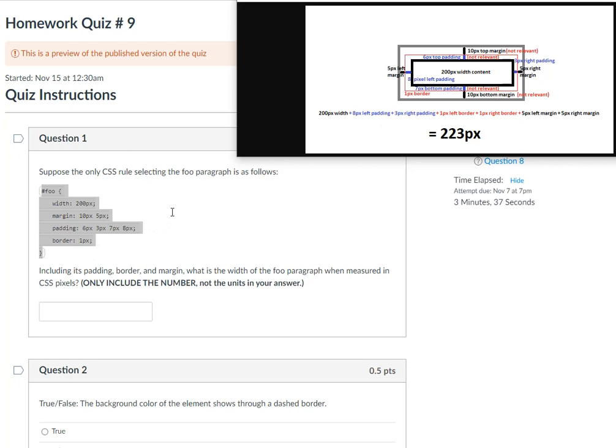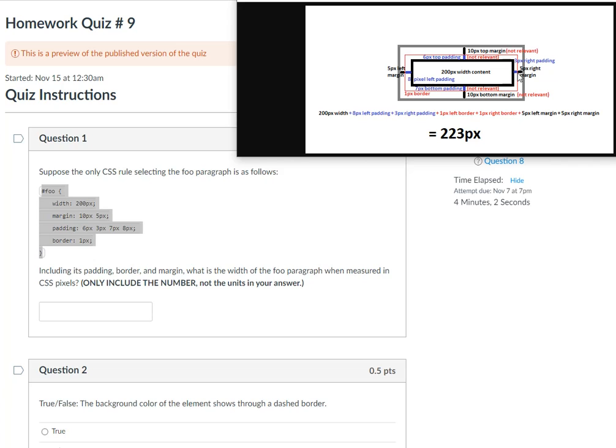The third number corresponds to the bottom padding, and the fourth and final number corresponds to the left padding, right? So it's just like going clockwise here from midnight, right? So the ones we care about are the 8 of the left padding and the 3 of the right padding,